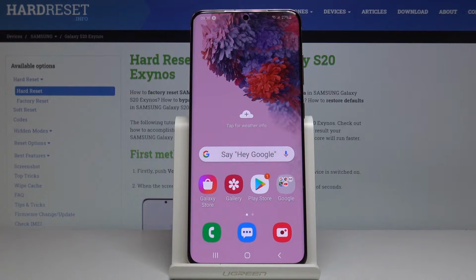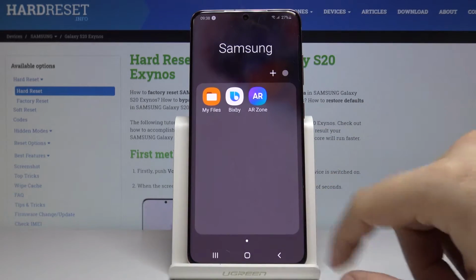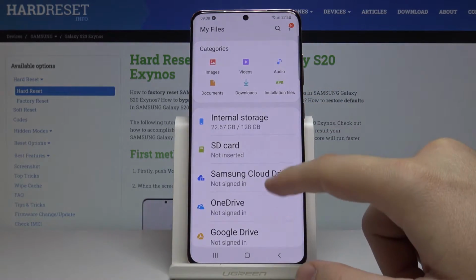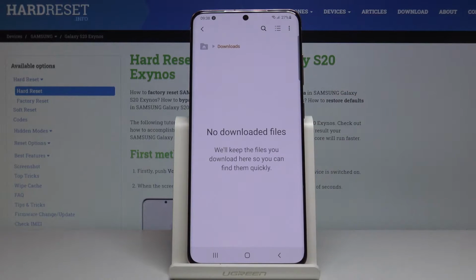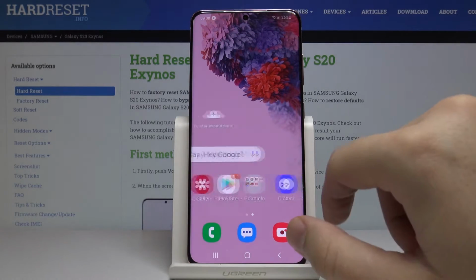Hello, if you want to find your downloads files on the Samsung Galaxy S20, first you have to open this menu and now click on the Samsung, click on My Files, go to the downloads, and as you can see, currently there are no files,